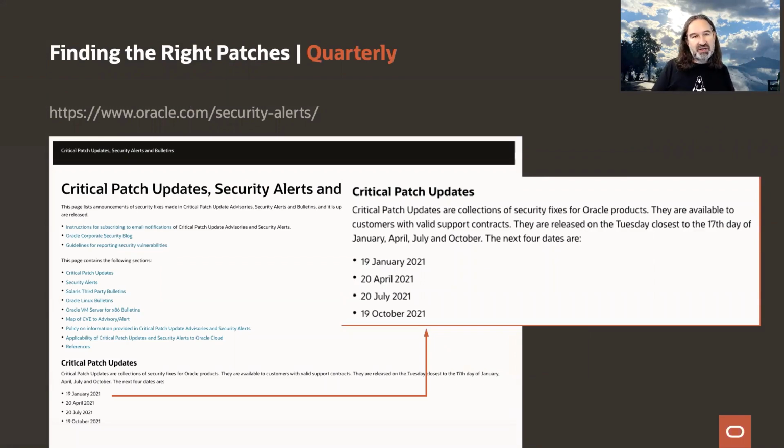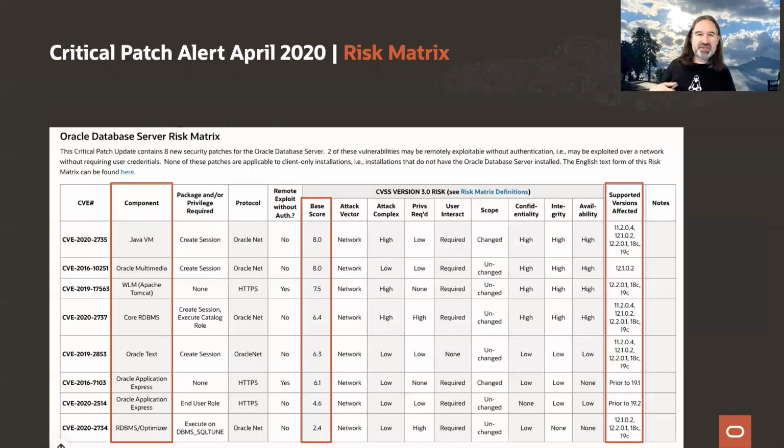When you look at the security alert page, you see the next date is January, then April, July, October. So it's always the Tuesday closest to the middle of the month in January, April, July, and October for the quarterly patches. And when the quarterly patches get released, you should, and I do the same, check the